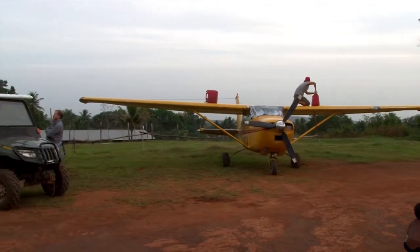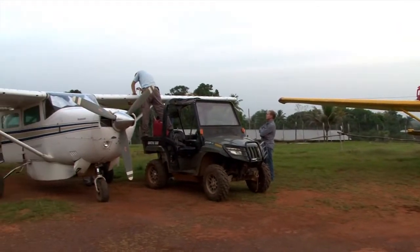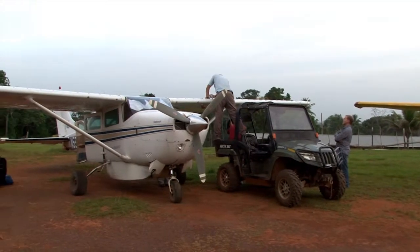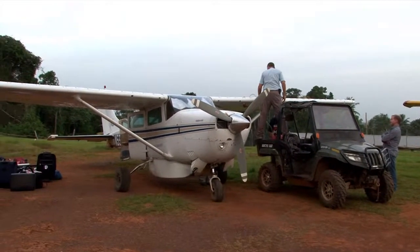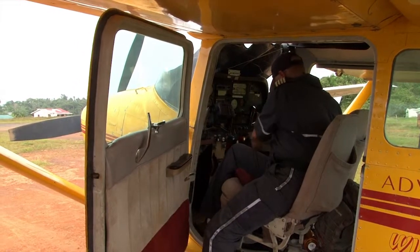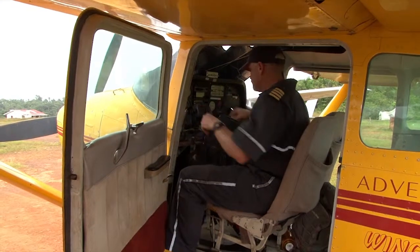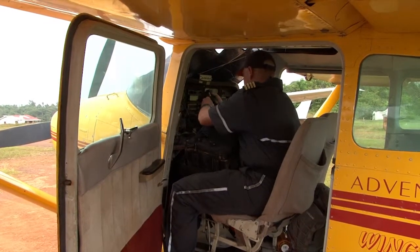Almost 80% of Guyana is covered with thick jungle, and there are very few roads that lead out to Georgetown. Not only that, 70% of the country's population lives in these hard-to-reach areas of the jungle. Because no one can guess when these emergencies might happen, the AWA pilots try to keep their airplanes fueled and